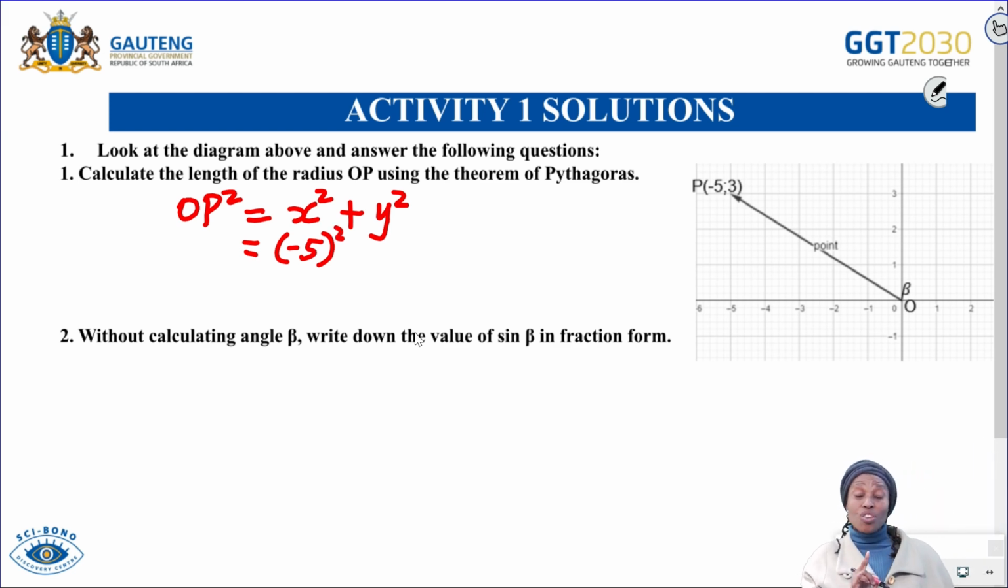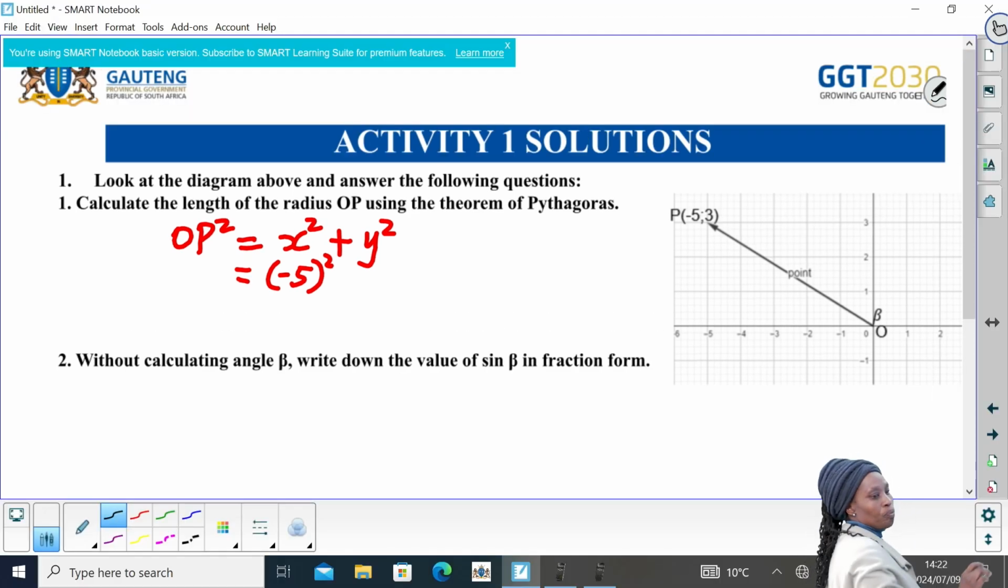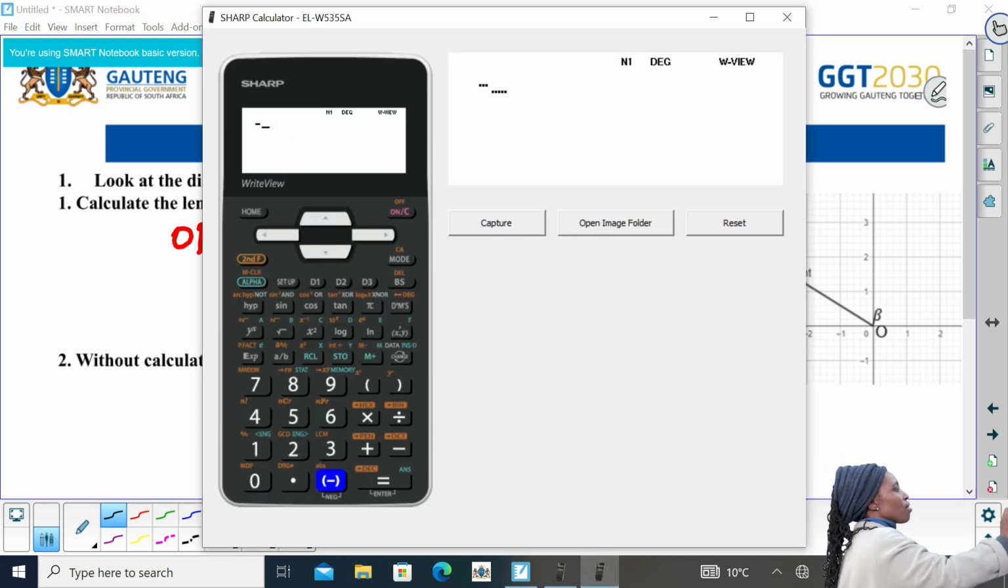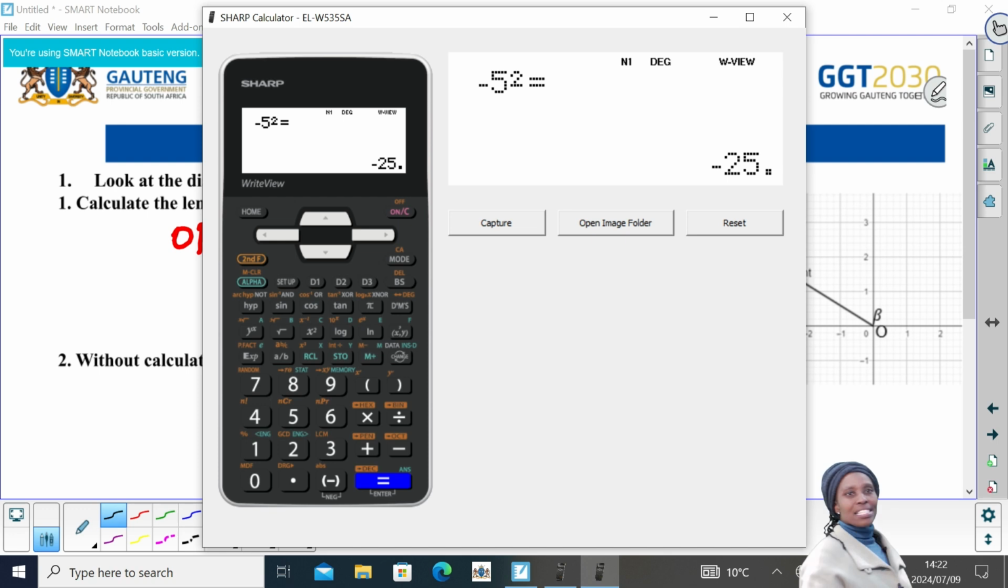And remember, when using your calculator, don't forget to put the brackets when you square. You put the negative and the 5 inside. Otherwise, your calculator is going to give you a negative answer. When you press -5 on the calculator, I think I must show you on my calculator. When you say -5 and you square it, you will see that your answer becomes -25,